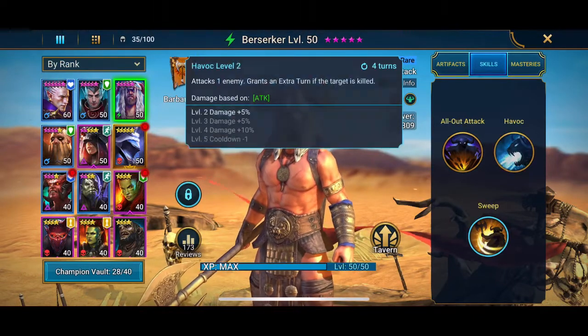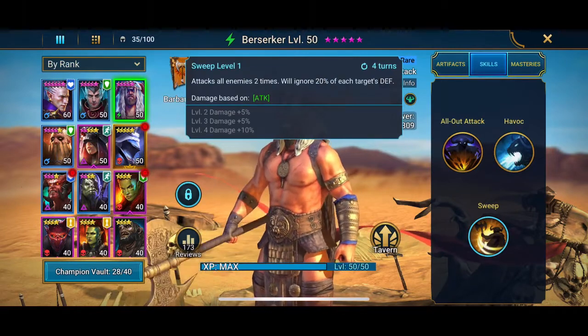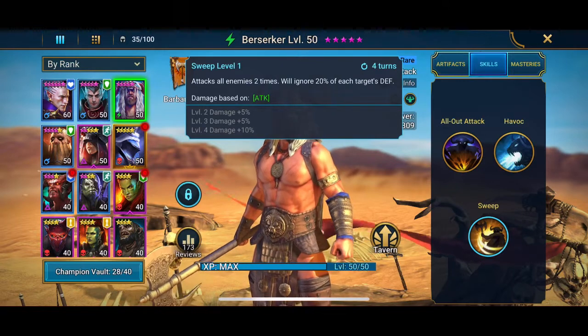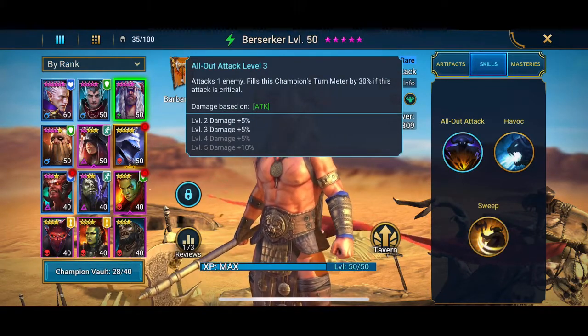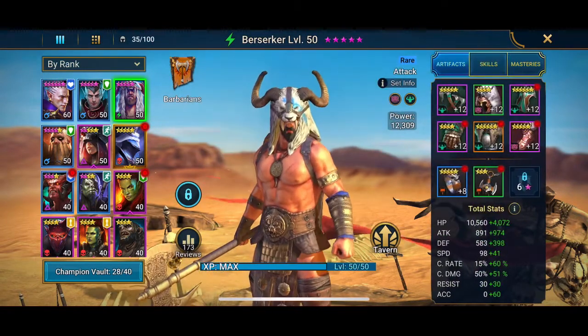And then usually after it uses Havoc and it kills someone, it just goes straight into Sweep. That's what it usually does. So then it attacks all enemies 2 times and will ignore 20% of the defense. Now you see I haven't really booked him up to where he should be, but I'm going to be grinding to be able to use him as his own book. And as you can see, I haven't 6-starred him,